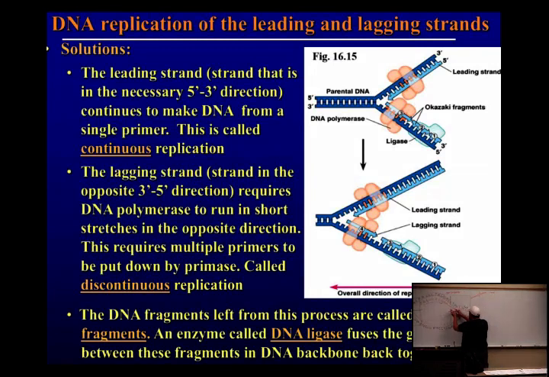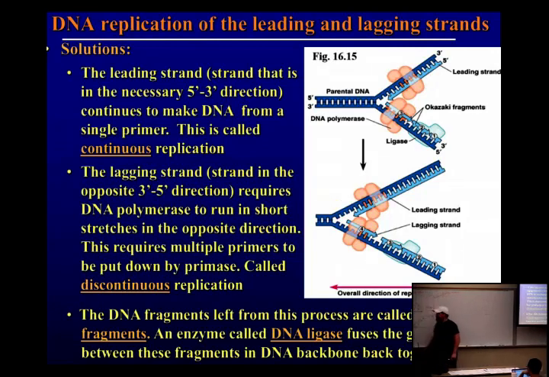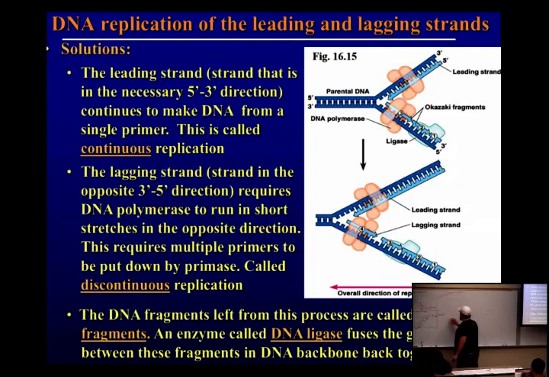So what it does is, as this one's approaching, this one lays down another primer up here. And then if this is 3, what's this end of this primer? 5, and this one is 3. So it can synthesize a new strand like that. So it lays down a primer and copies it backwards, and lays down a primer and copies it backwards, while this one is just barreling along. Does that make sense? So it makes it in these little pieces called Okazaki fragments.